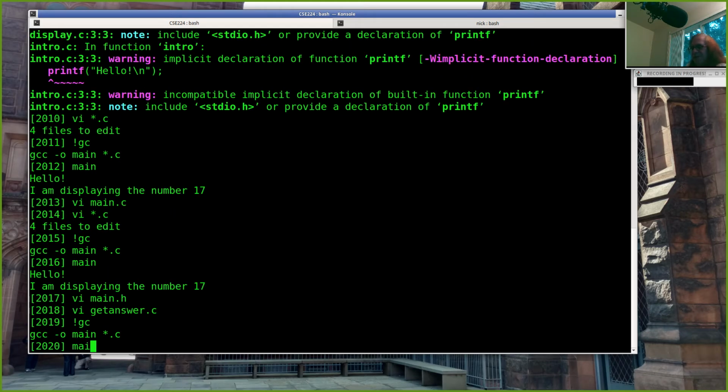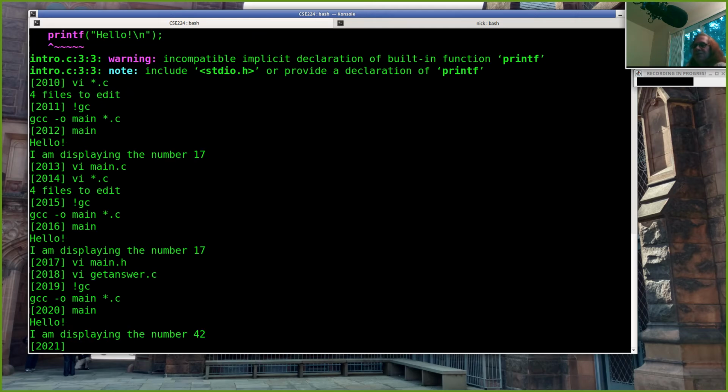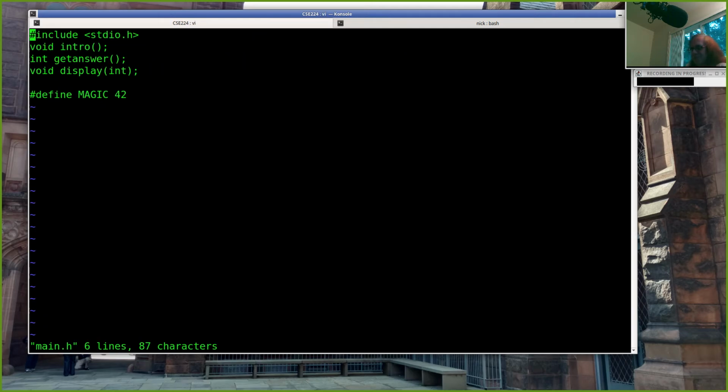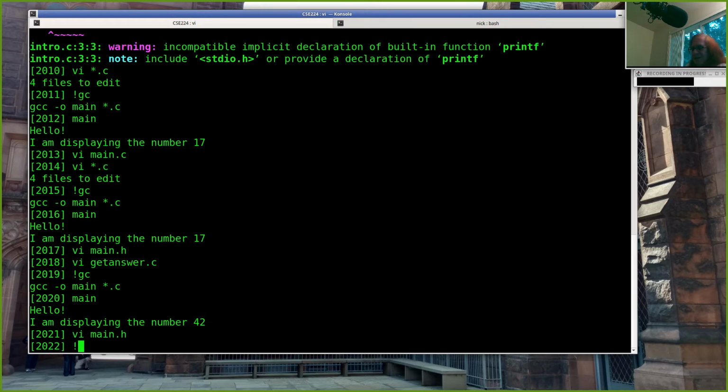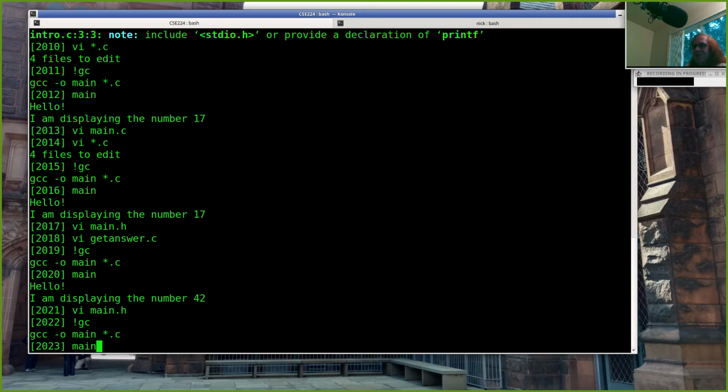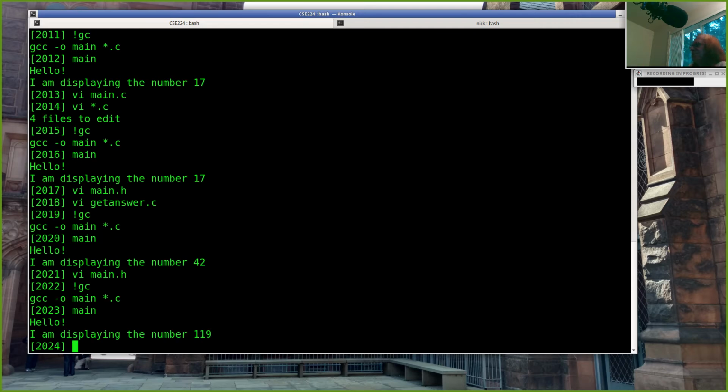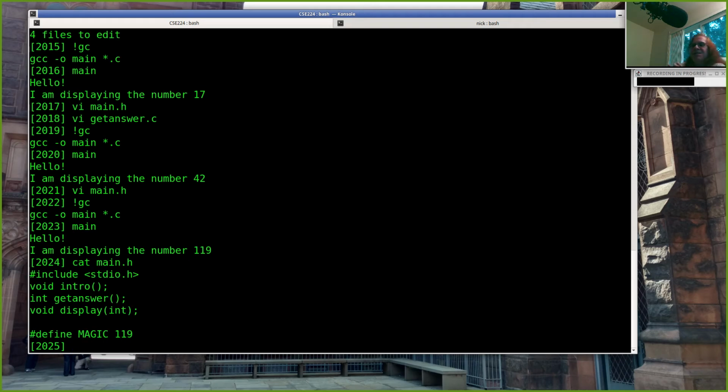Now if I compile everything up and I run main, it displays the number 42. If I wanted to change that magic number to be something different, like 119, I can just change it in the .h file, recompile, and now it's using that new magic number. So the .h file is a nice place to put things that are going to be used by potentially more than one